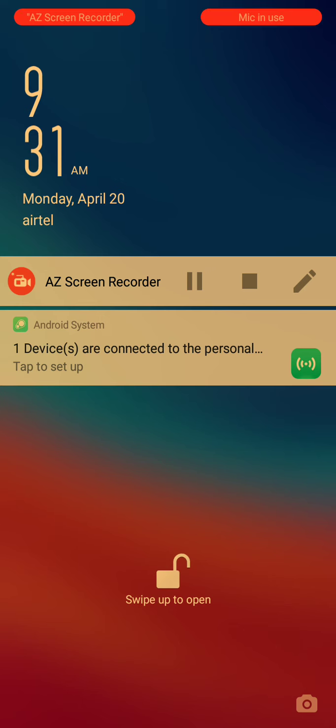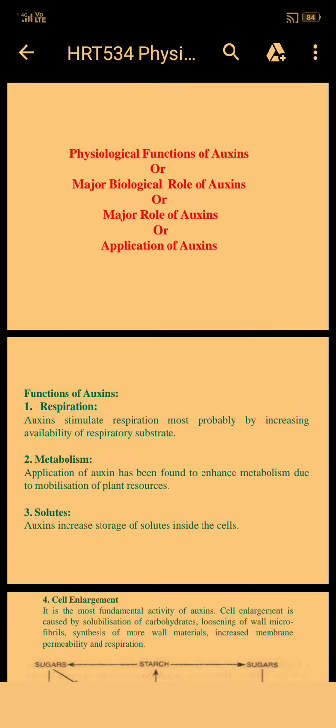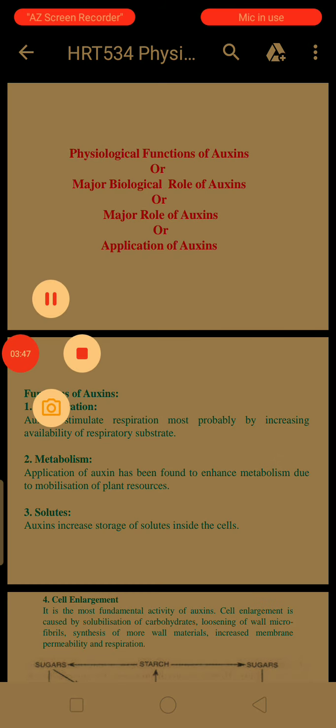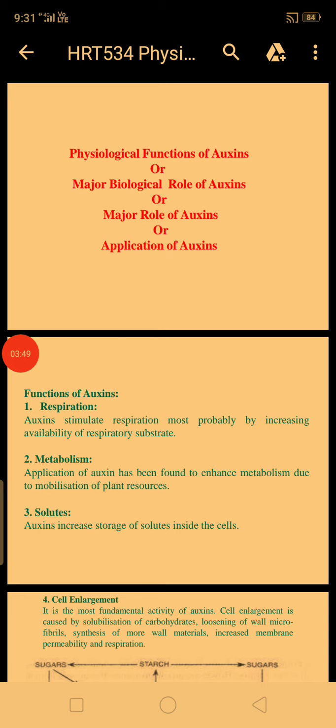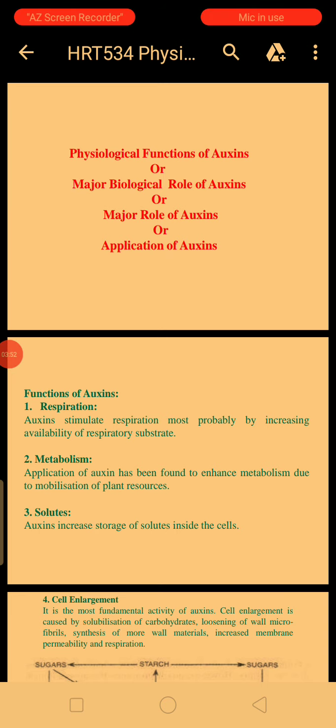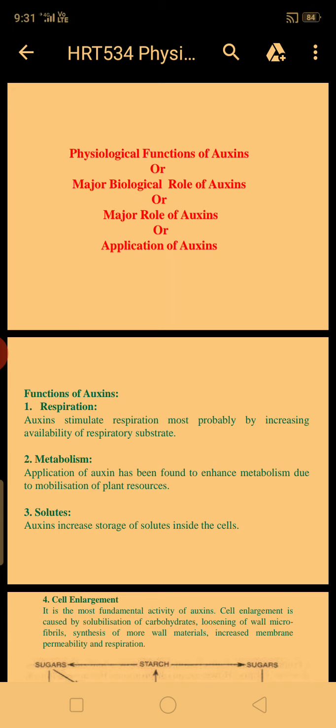The second theory says that when sugar is formed from starch, it will increase respiration, and this respiration will help in the synthesis of different kinds of wall material. So endosmosis and wall material, meaning intussusception, will take place. Finally wall material will be deposited, and cell elongation will take place. The fifth point is cambial activity. Oxygen also increases the cambial activity, which is directly involved in the vascular supply.